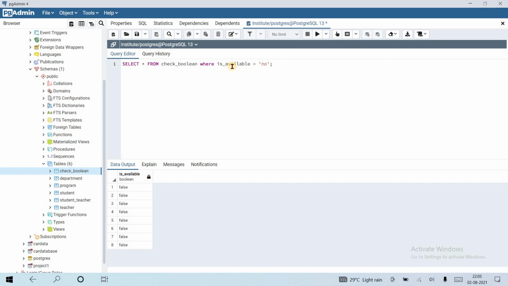It works similarly for all of them. What if I do not give the equal sign and value? If I only give where is_available, it is treated as true, and if I use the NOT keyword before it, then the output is false. With the negation NOT, it is treated as a false value. That's it.